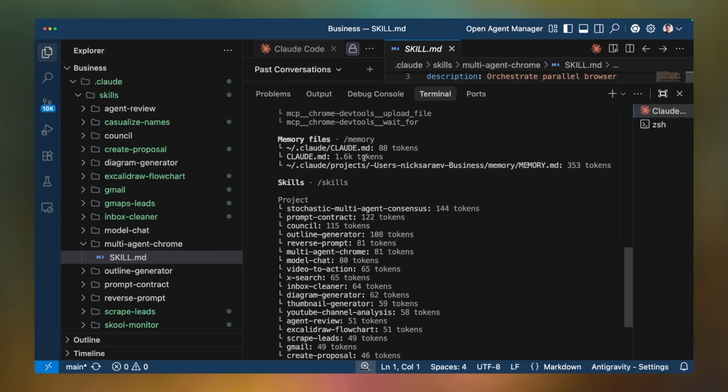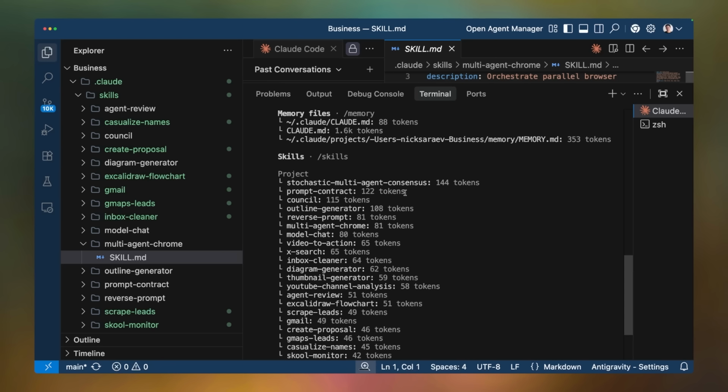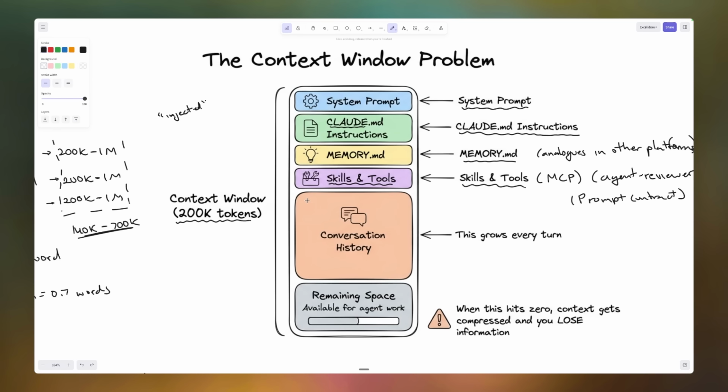So here are memory files, which I talked about, the memory.md, the Claude.md. You can see this is being contributed to in a variety of ways. We have a global Claude.md, which is a very high level one with some sparse instructions. We have the local Claude.md, the memory down here, and then all the skills. What was really telling is that, despite the fact that in this diagram conversation history is the biggest chunk of it all, in reality conversation history for us, at least at the beginning, was nothing. It was a tremendous number of tokens, about 10% of our entire context window dedicated to just this little chunk.